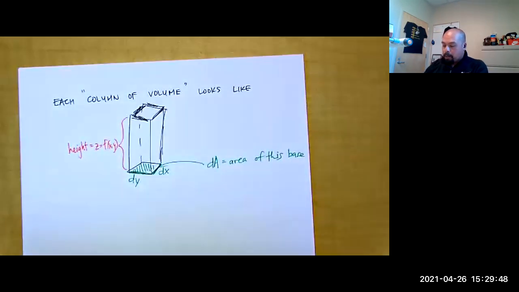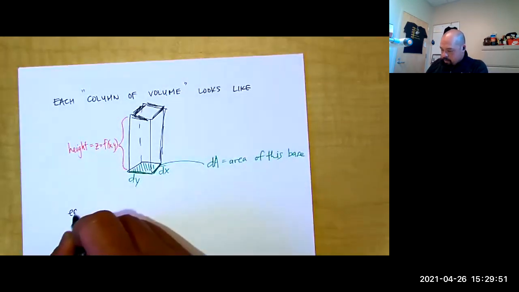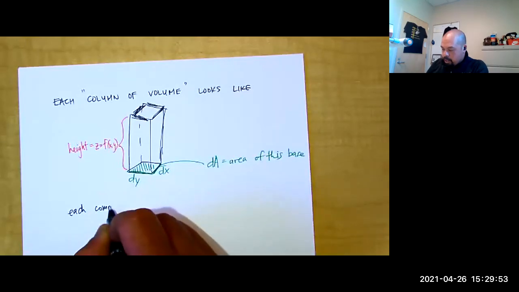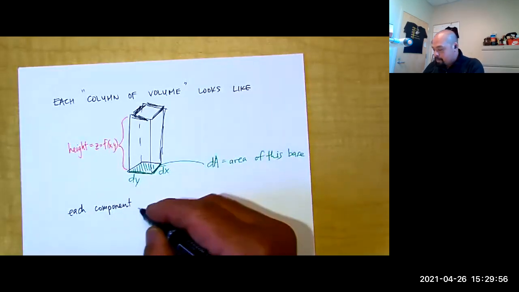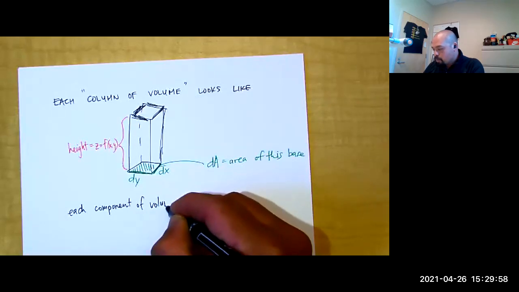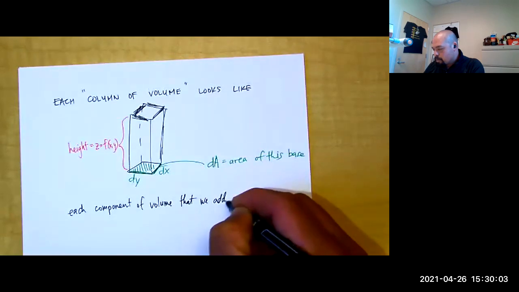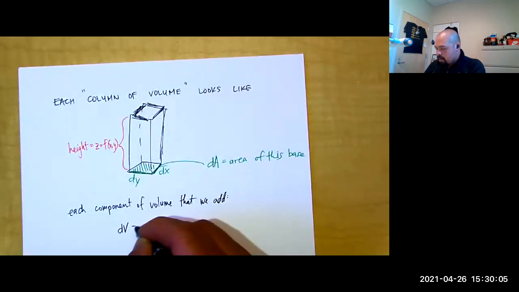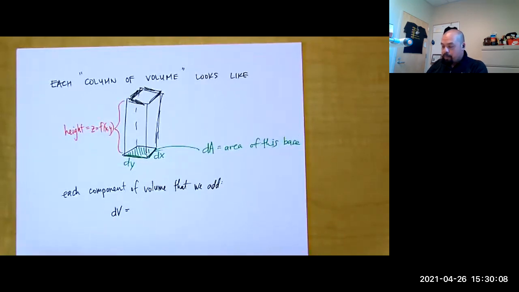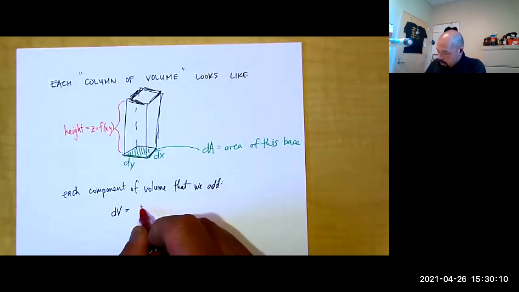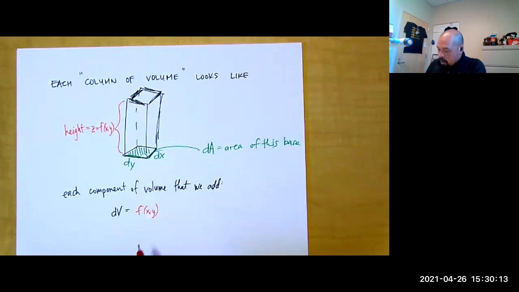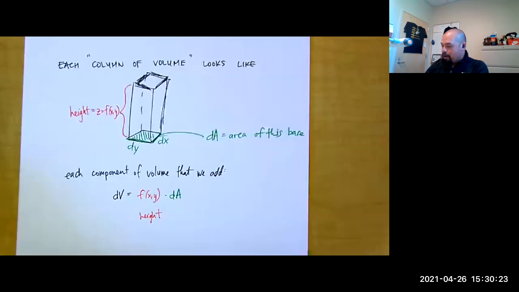So every little component, each little piece of volume that we add, the little change in volume, that little piece of volume is going to be our height times that dA, times the area of the base,